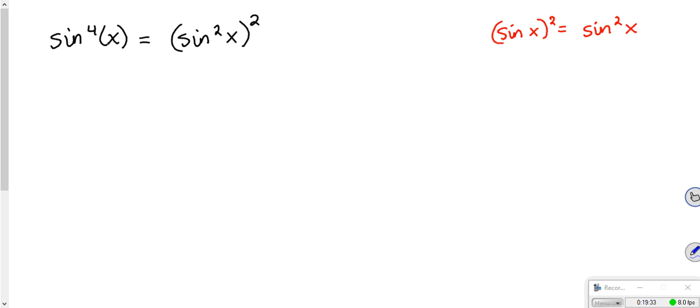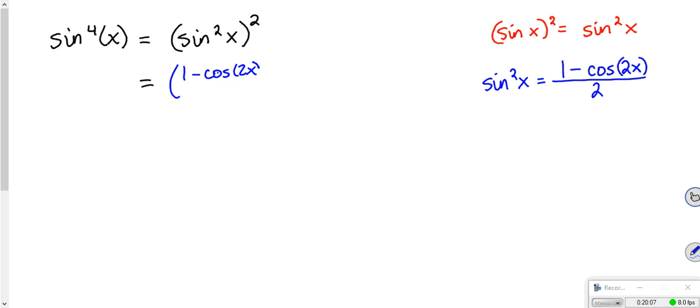And the formula says that sine squared x equals 1 minus cosine of 2x all over 2. Okay, so I am literally substituting that in place of the sine squared x inside the parentheses. So this is going to equal, I'm going to put it back in blue so it matches here, 1 minus cosine of 2x all over 2